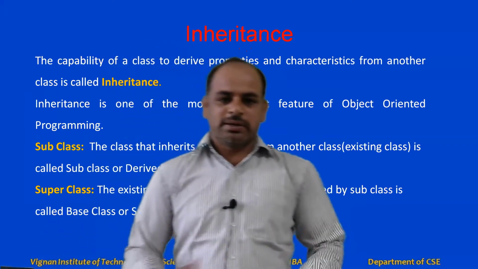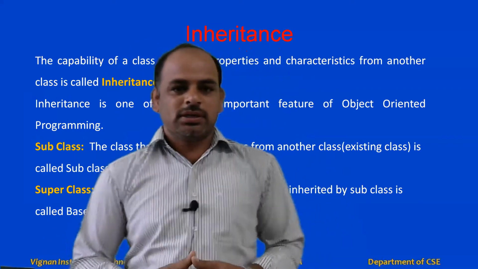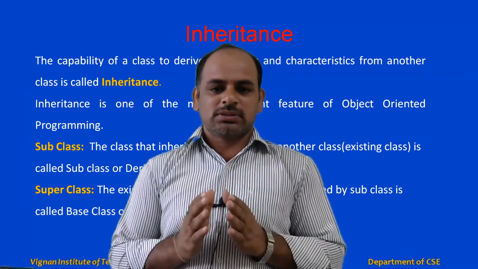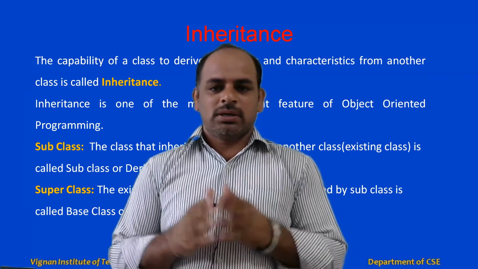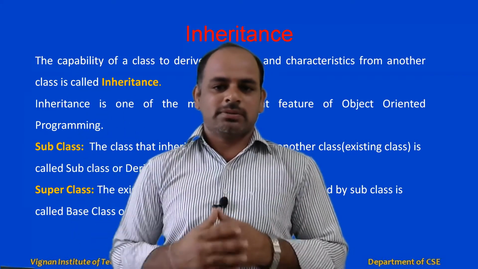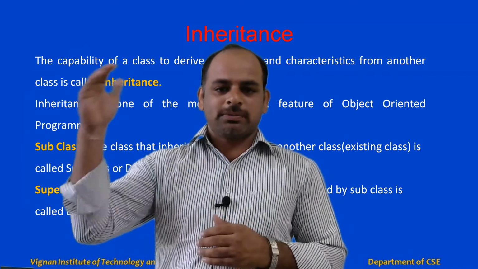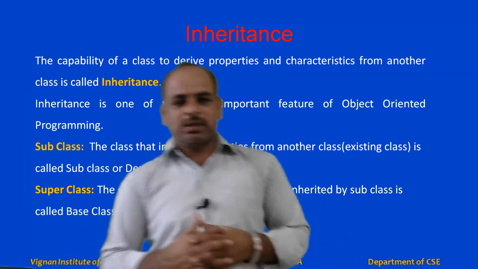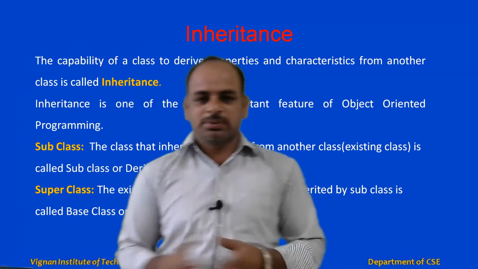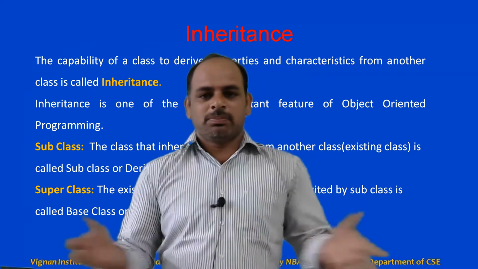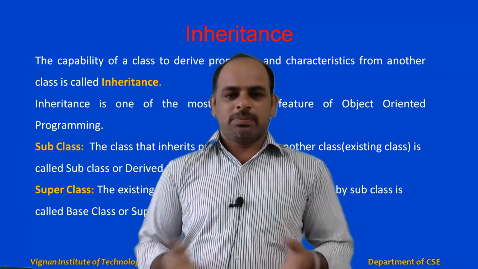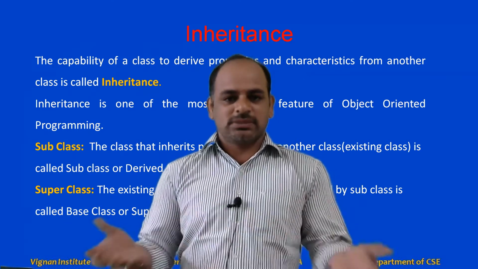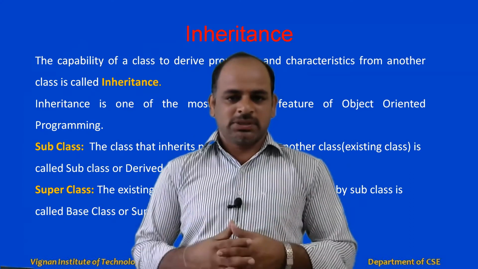So what is meant by inheritance? Generally, inheritance is one property which, just like in the real world, inherits the properties from parent to child, right? Some of the properties of the parent are inherited into the child here, right? In the same way, in object-oriented programming, any program is divided into a number of objects, and objects are created by using classes. Classes will have the properties of the object, right?